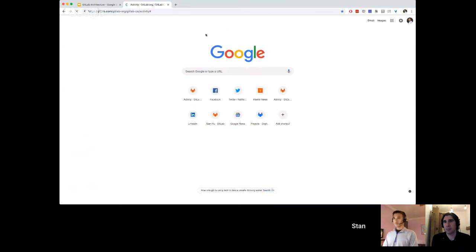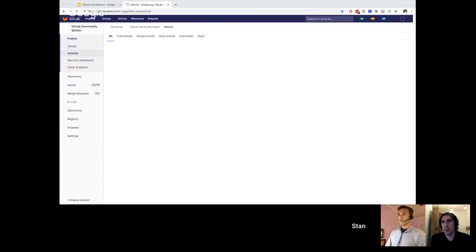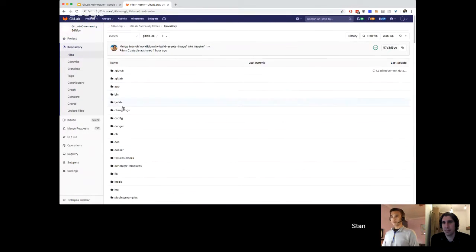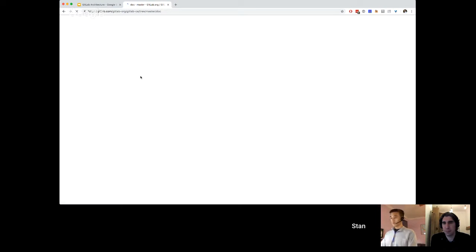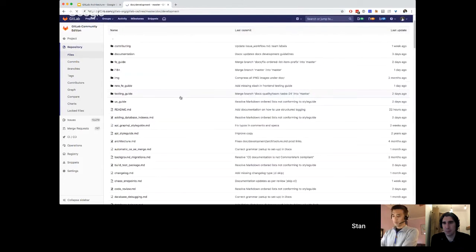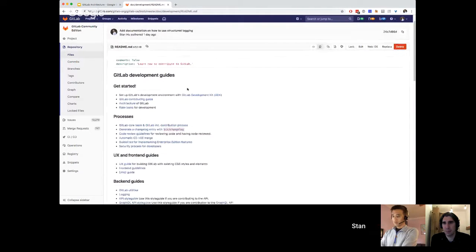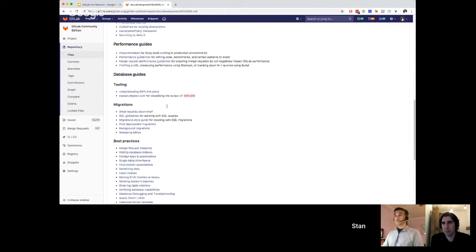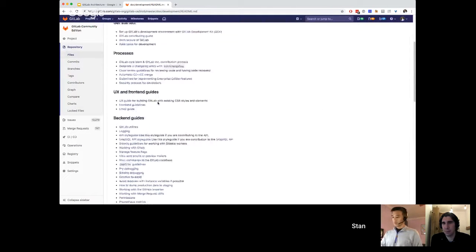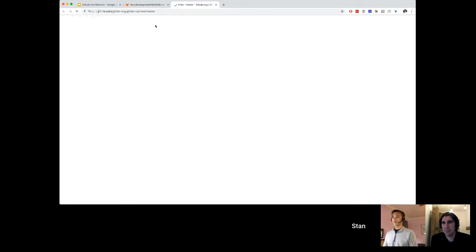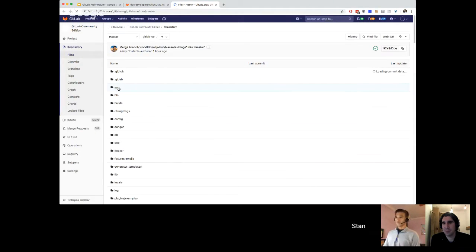So in our CE repo, you can go here. Can you all see that? Yep. You can go to the repository, and there's a doc directory in there. There's lots of stuff in the GDK as well, but in the development guide here, let me just pull up the README. There's lots of links about front end, back end, UX guides, best practices and things like that. If you just want to get down and dirty and look at the code, you can do that. Obviously, we follow the Rails conventions, so models are in the app directory, in app models,